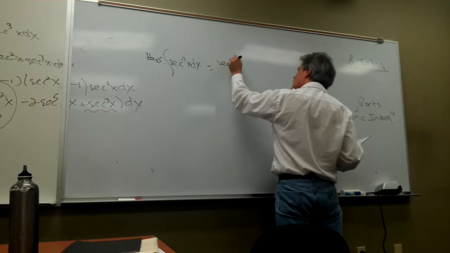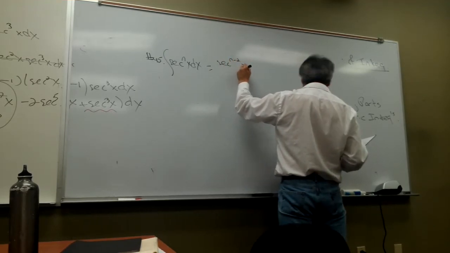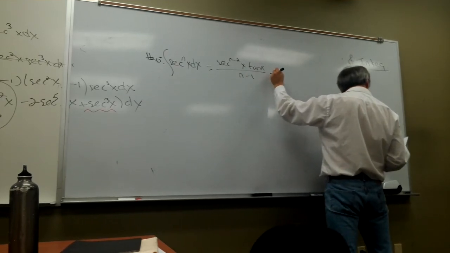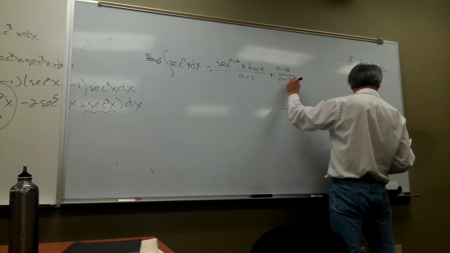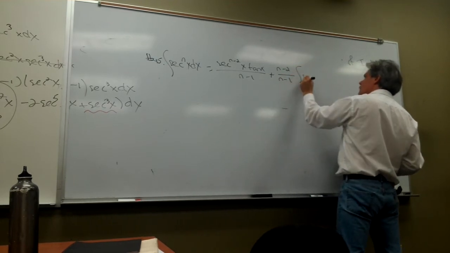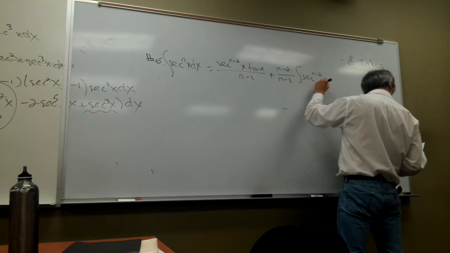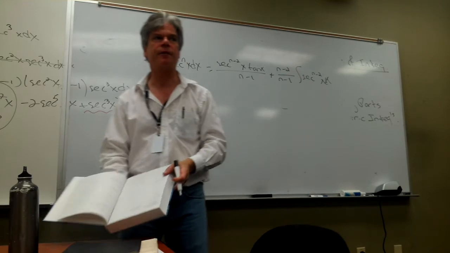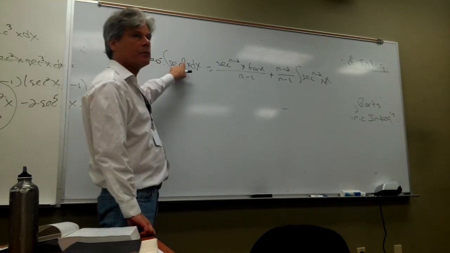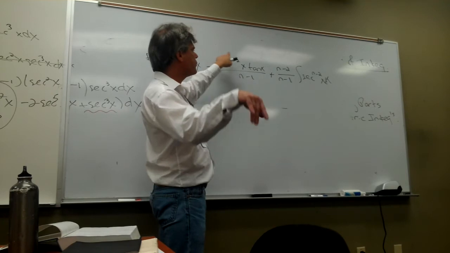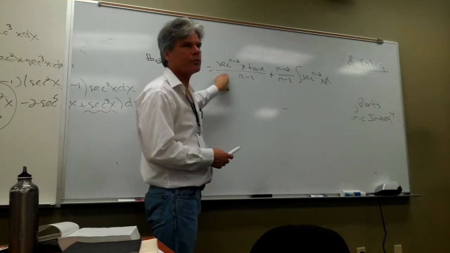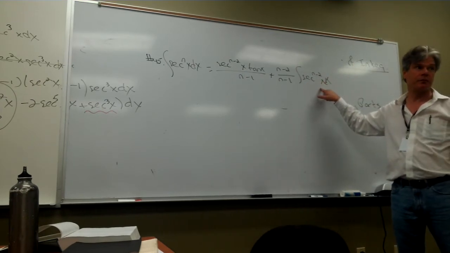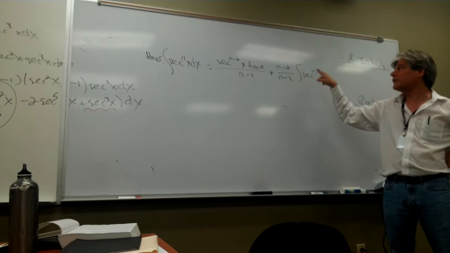Secant to the n minus 2 of x, tangent of x, all over n minus 1, plus a fraction times an integral involving secant to a lower power. Sir, can you appreciate that if I allow n to be 7, there's some garbage here. Who cares what the garbage is, because technically speaking, it's not an integral. But notice how in the next integrand I've got secant to the 5th power of x with respect to x. I reduced the order of the exponent from 7 down to 5.